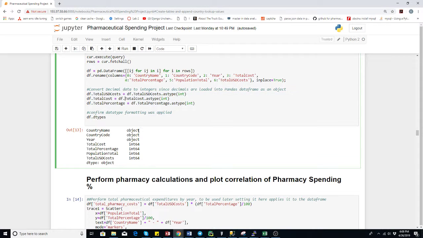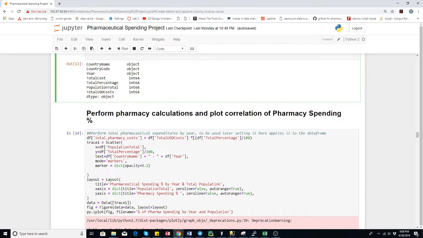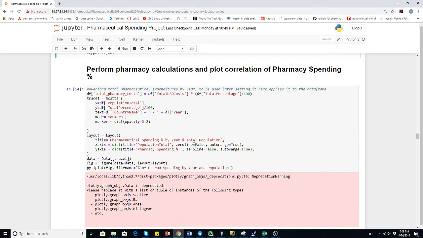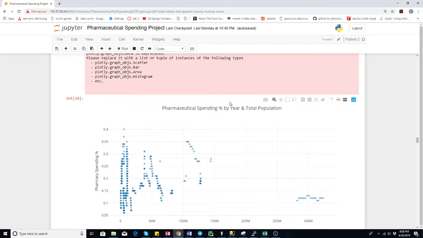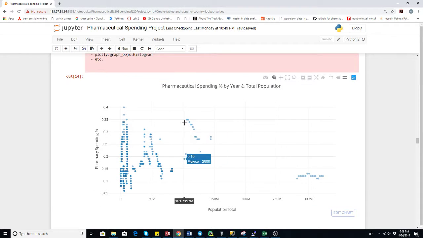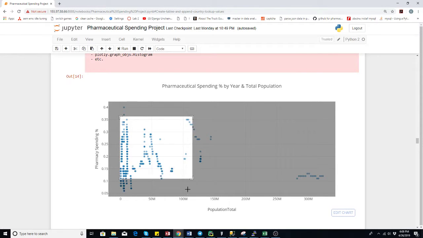I did some formatting to get them integers versus the objects they originally came in. Here's where we get to the fun part and why I like Plotly. The first thing I did was look at the pharmaceutical spending by year and total population. I did a scatter plot to get that correlation. From the correlation, we can see the majority of the data lives here, so it doesn't really look